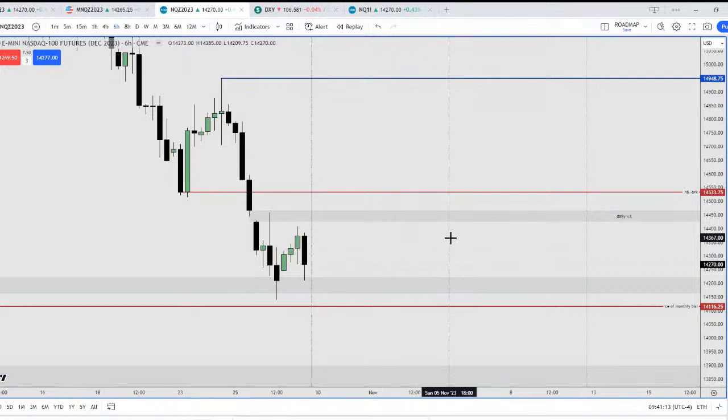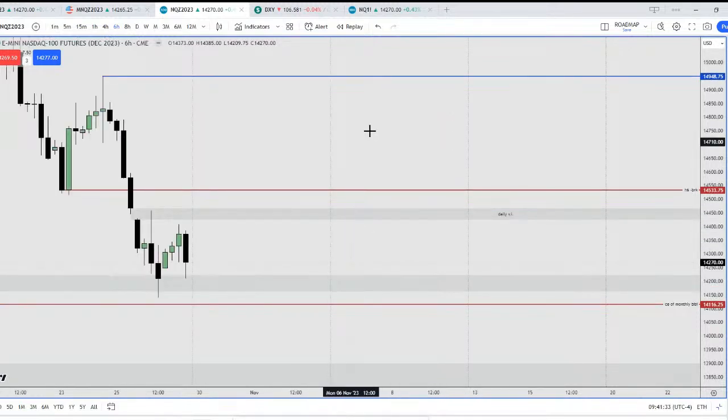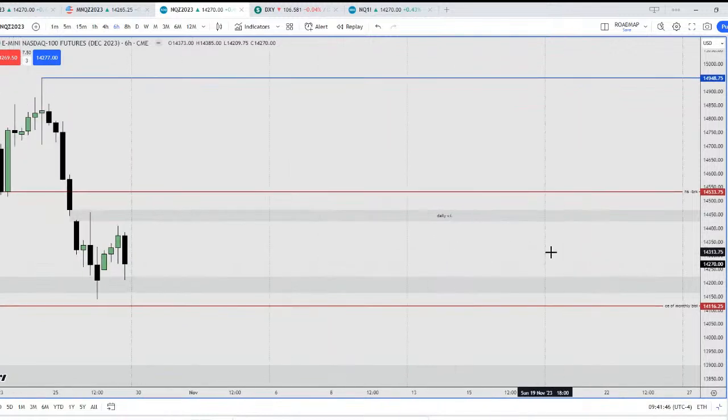Basically, this is next week. I am expecting continuation because in the month of November we are actually having 5 weeks, with two incomplete weeks, which would be the first and the last. So I am not going to use this as Q1. I am going to use this as Q1. Q1 starts on the 5th of November and Q2 will start on the 12th of November. So the highest probability setups would occur around the 20th of November.